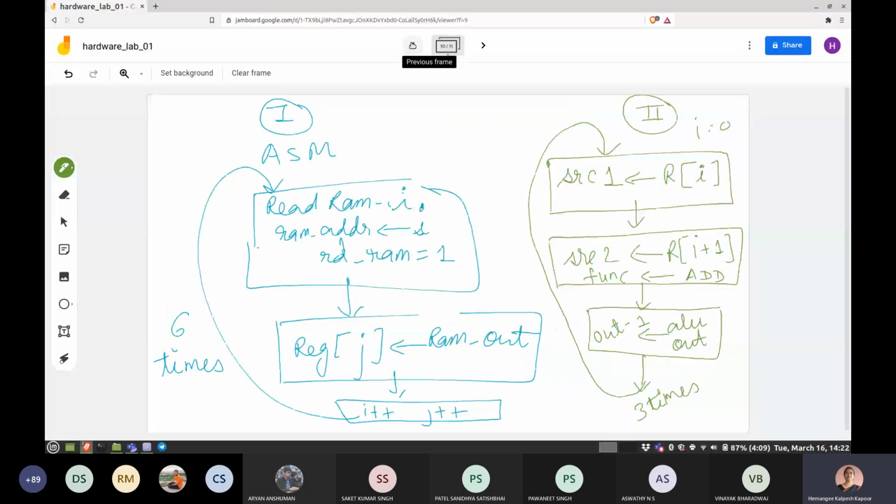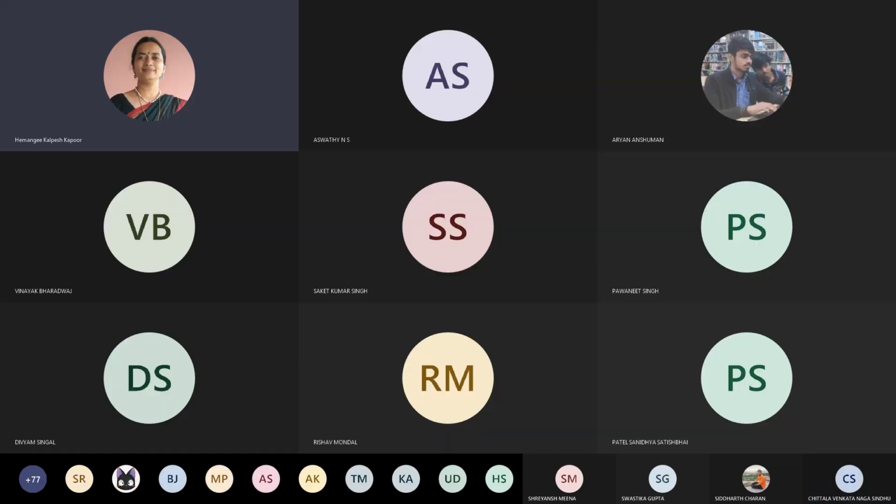Ashwati, can you see what are you able to see right now? The previous week's slide, ma'am. The two ASM charts. Previous week's slide, no? Oh, okay, okay. The Jamboard, not. My network is connected. What do I do? Yeah, even on my other device I have connected. That is showing the same one. Maybe I'll stop sharing screen and start again. Probably that could be one reason that it is stuck.